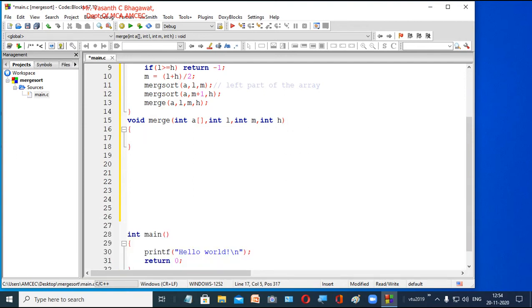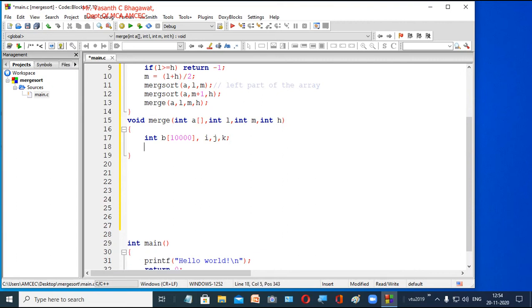So we are supposed to compare each element, the first element from the first array, second element from the second array C, and whichever is less we put that in a temporary array. For doing that, now we will declare some variables. So we will declare a temporary array B of 1000 elements or 10,000 elements. Then we will declare I, J, K. We need some variables for processing the arrays. So we'll declare 3 variables I, J and K.